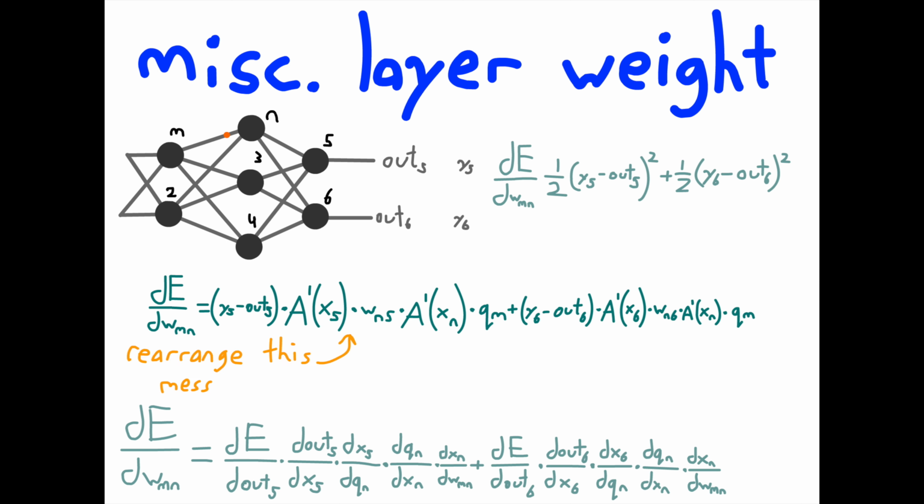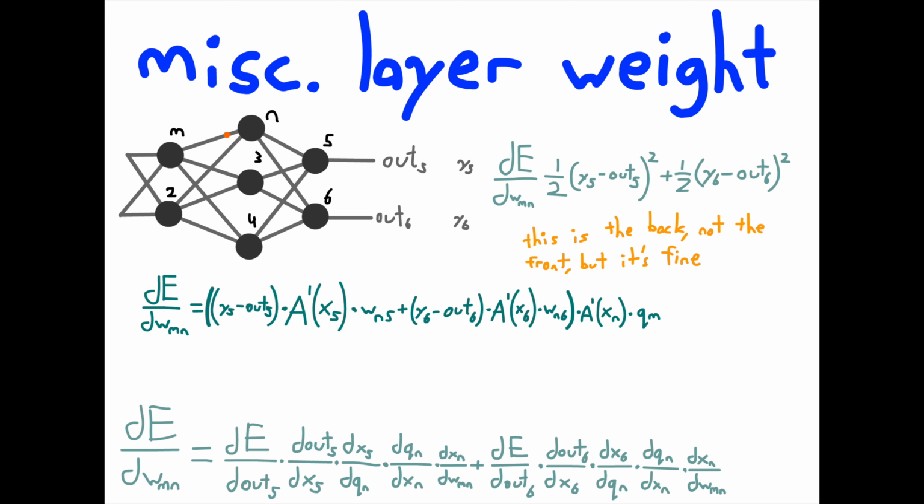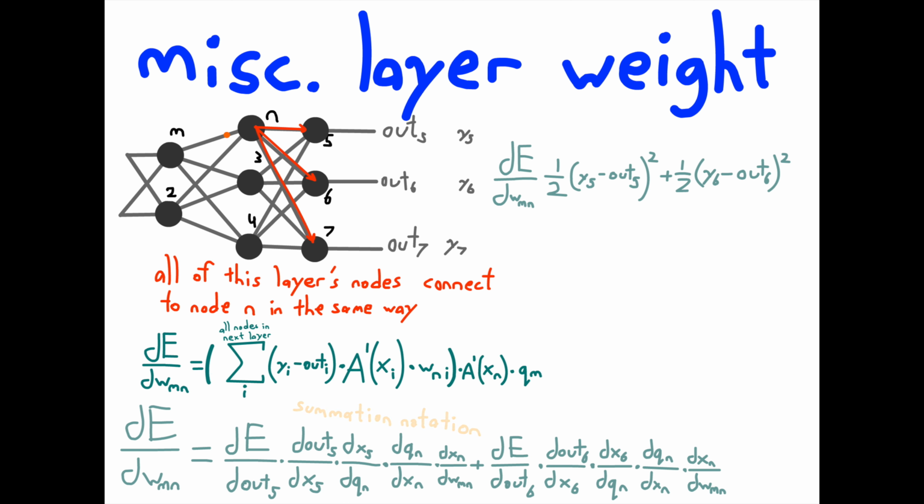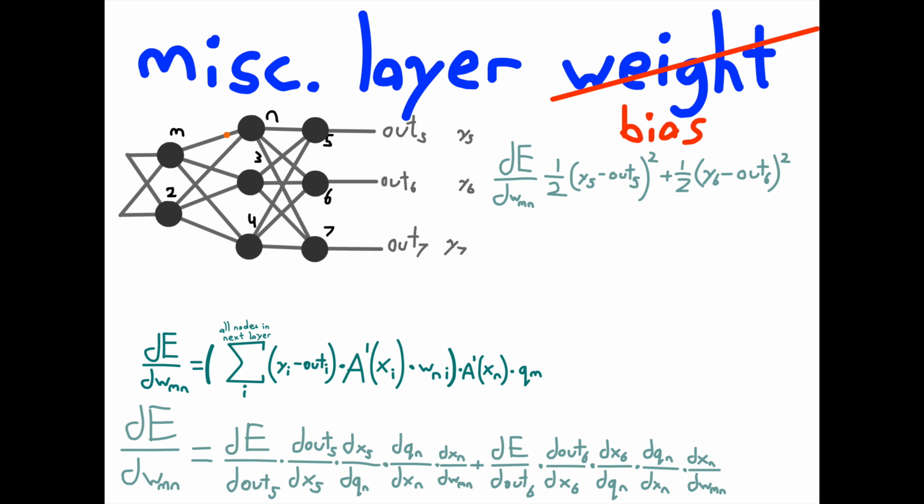Okay, let me do some rearranging here, bring like terms to the front and all that. And thinking about it, this bit could generalize. If there are more than 2 neurons in the last layer, there would be more than 2 values added together here, because they all connect to the target neuron in the same way. The second layer bias has the same formula, but like before, without the connection to the previous layer.